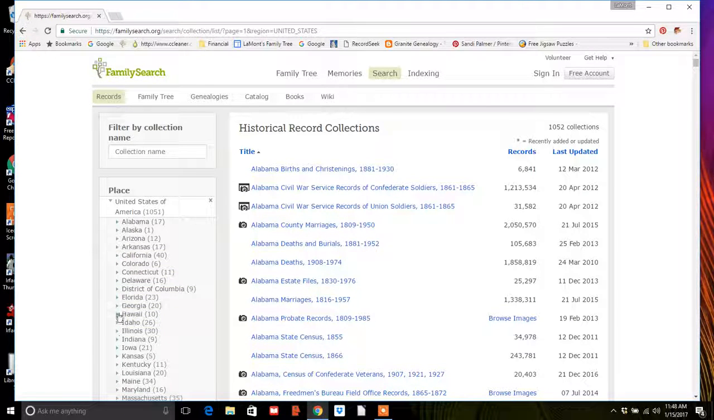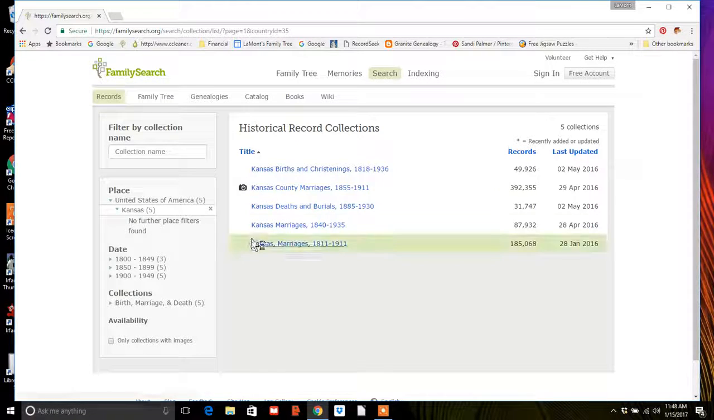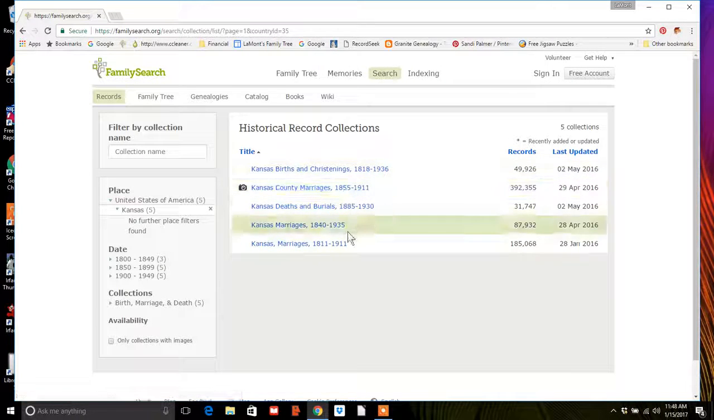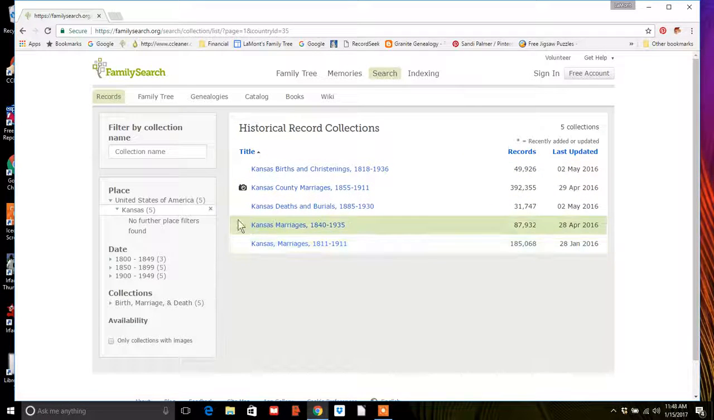Maybe I'm interested in Ohio. I could scroll down here and find Ohio, or I can click on Kansas, for example, and it will show me all the indexes. Now in Kansas, all the indexes that they have, microfilm and so forth, have been indexed. And so this shows you how many records are in it. But if I go back